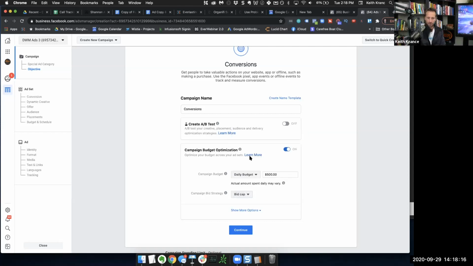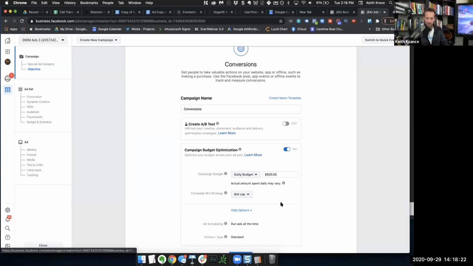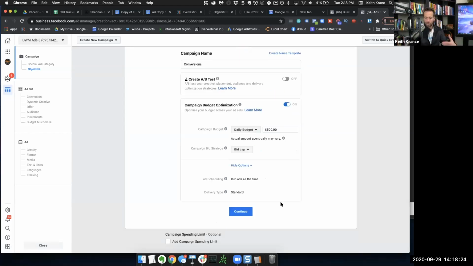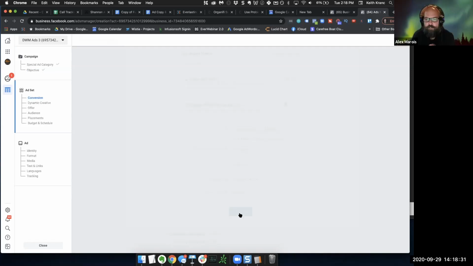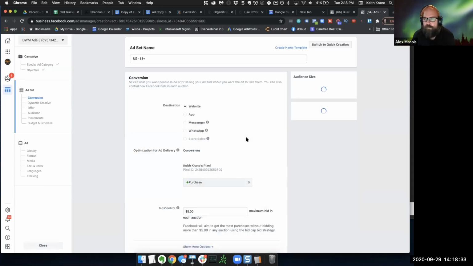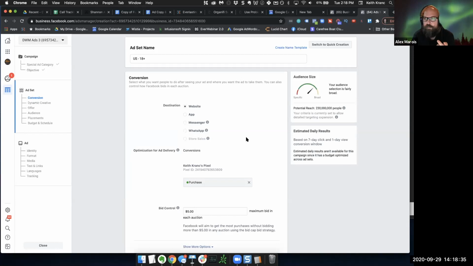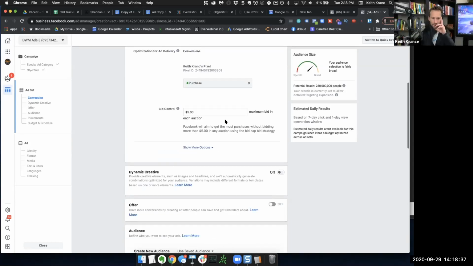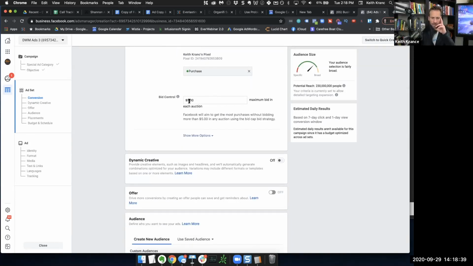But bid cap here, and then when you go into the ad set level is when you can start to adjust things, and adjust your target, right? So I hit continue. Does it have to be on CBO to use the bid cap? Yes, it does. Okay. So now here is the bid control. Gotcha. Okay. So $5 maximum bid in each auction,